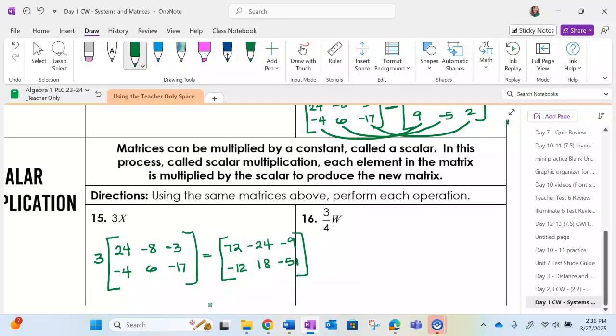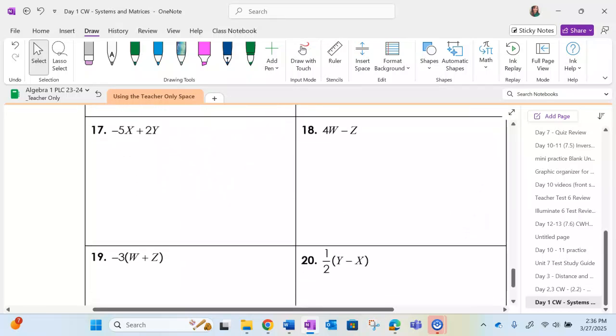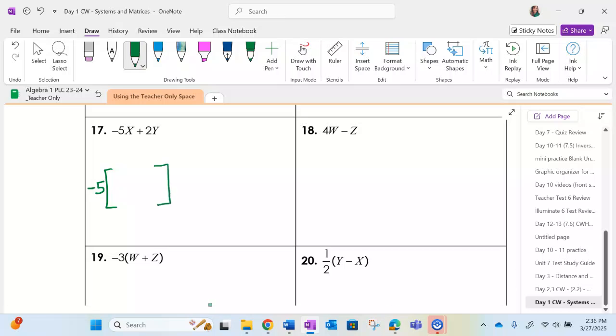You can have fractions. Let's not do decimals. Let's keep it at fractions. 3/4 times all of W. All right, I'll let you practice that one. These down here, it's a little bit harder because not only do we have to do negative 5 times whatever x is, then we also have to do 2, this will make this a plus, whatever y is, and then once you distribute this, you're going to get an